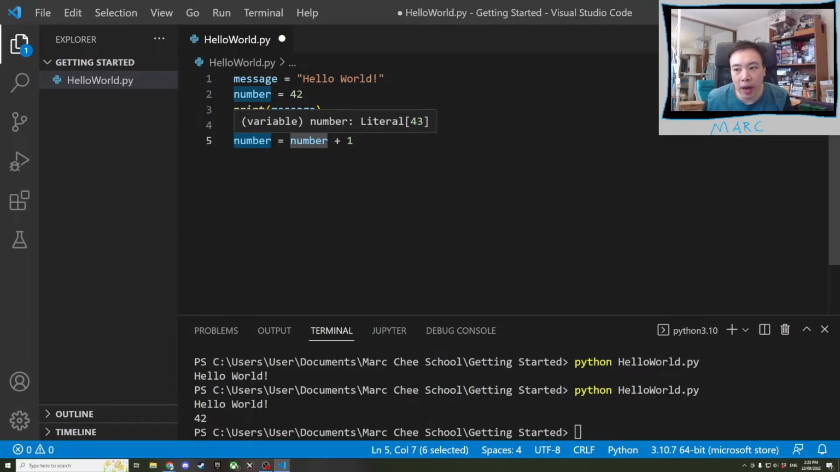Because I have the variable here, number, and I'm using the variable here, number, as well. So it's like, which one of these things goes first? What's on the right-hand side usually goes first, and it puts it into what's on the left-hand side. So this number here is going to read the number 42. It's going to add 1 to it, and then it's going to store whatever the result of that is in